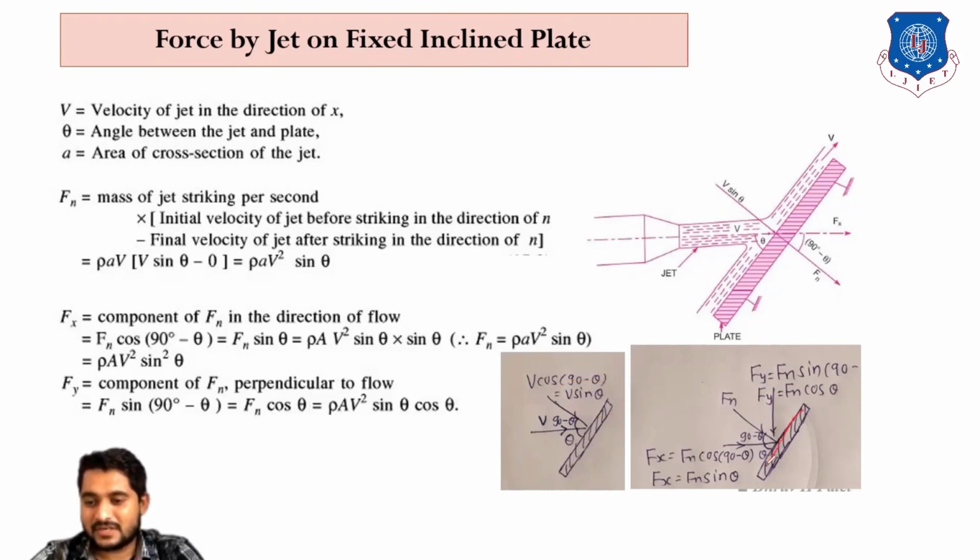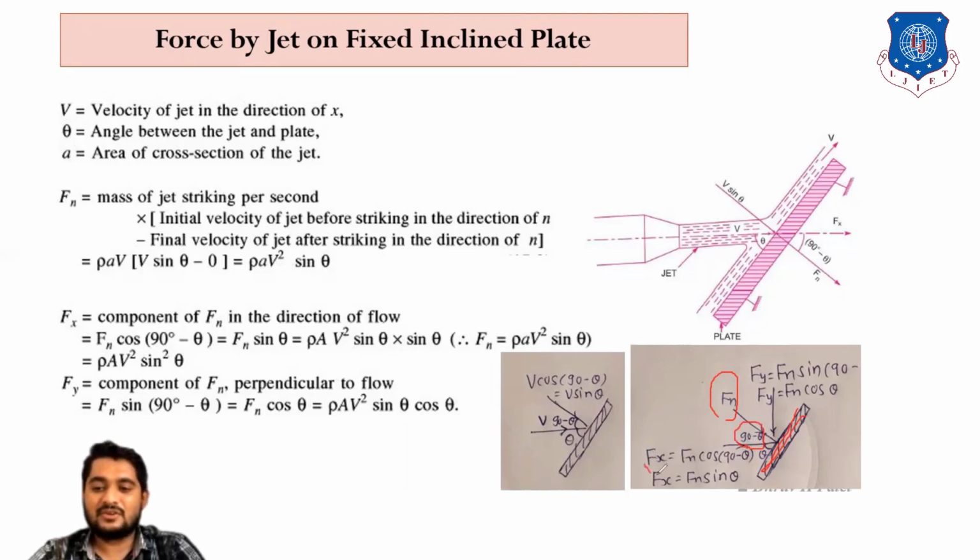In the case of forces, let us draw another triangle for force. So this is the plate, this is angle theta. So this angle will be 90 minus theta. Clear? Here the normal force is this, in the perpendicular direction of the plate. Remember this, force always acts in the perpendicular direction in the case of pressure forces. So Fn will be acting in the perpendicular direction. This angle is 90 minus theta.